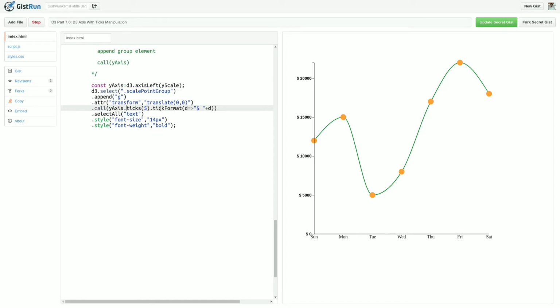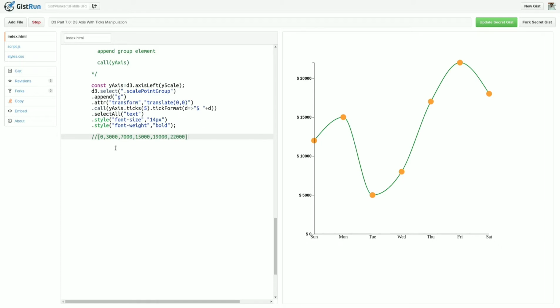Now another thing: if I don't want this type of ticks here, instead of 0, 5,000, 10,000, 15,000, 20,000, I want my ticks to be values in the range that I provide. Suppose instead of this set of values, I want, between 0 and 22,000, the first tick on 0, second tick on 3,000, third tick on 7,000, then 15,000, then 19,000, then 22,000.